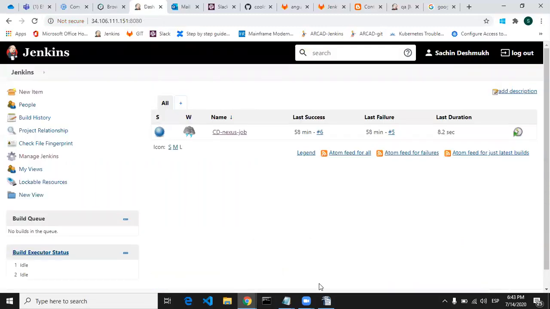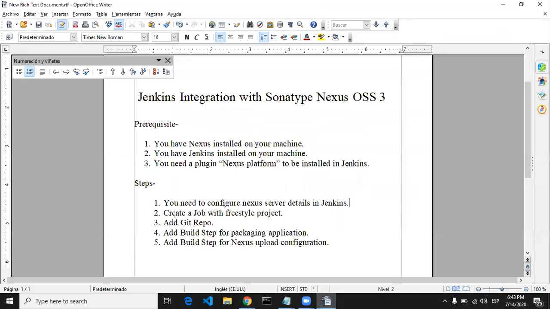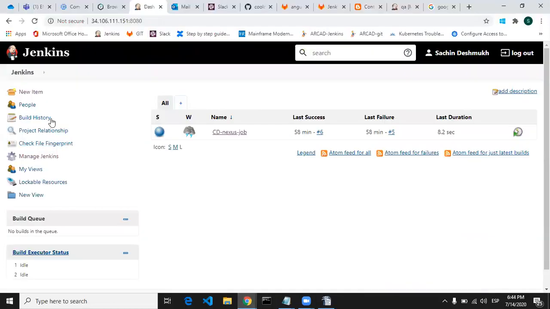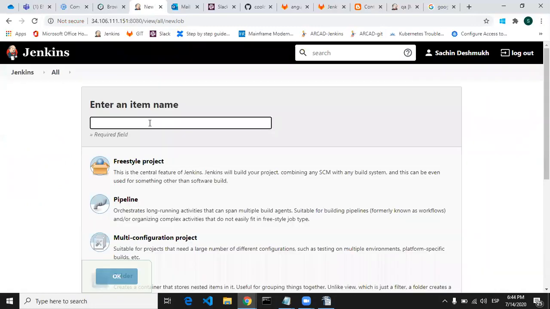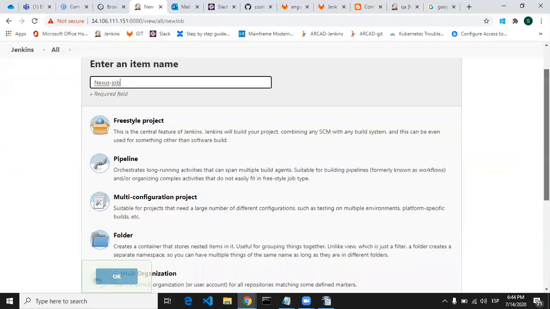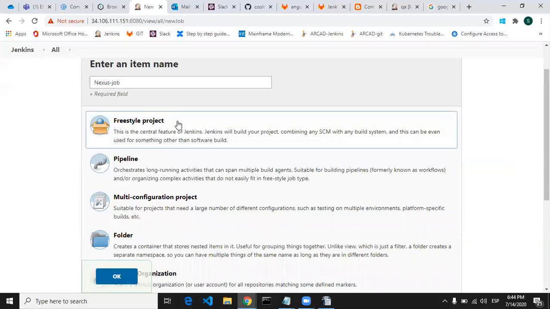Now, the second step is to create a job with a Freestyle project. So let's create one job. Go to New Item, and then we will name it Nexus job. I'm selecting the Freestyle project.